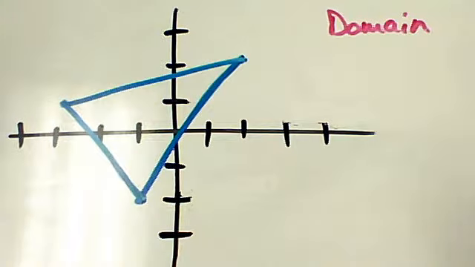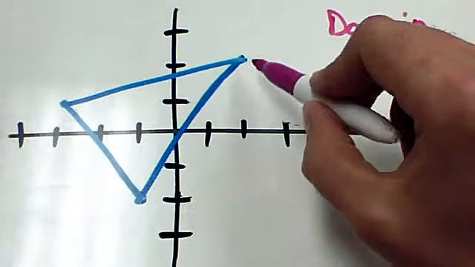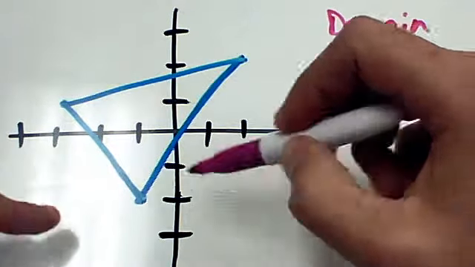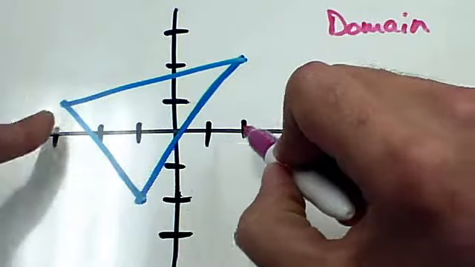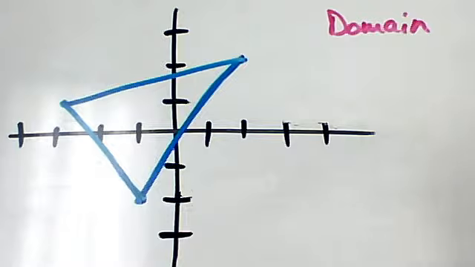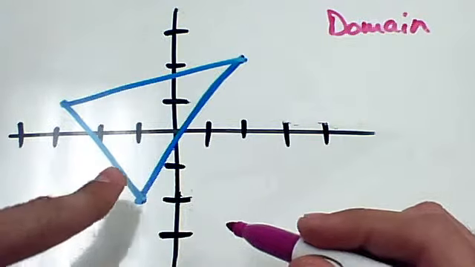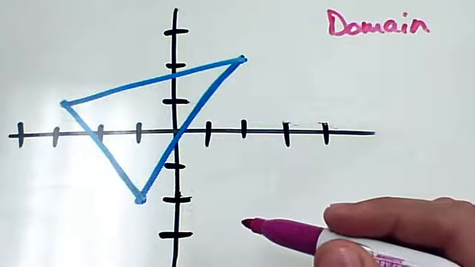Okay, this video is going to be about domain and range of bounded graphs. What I mean by bounded is that there's a starting and stopping point in the x direction, and a starting and stopping point in the y direction. So let's find those. What we're looking for is the farthest